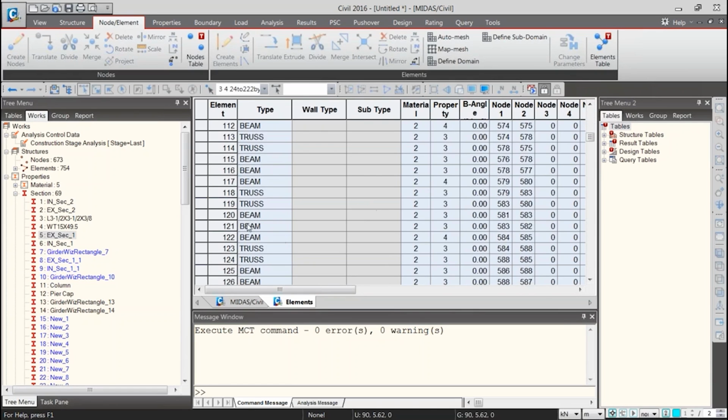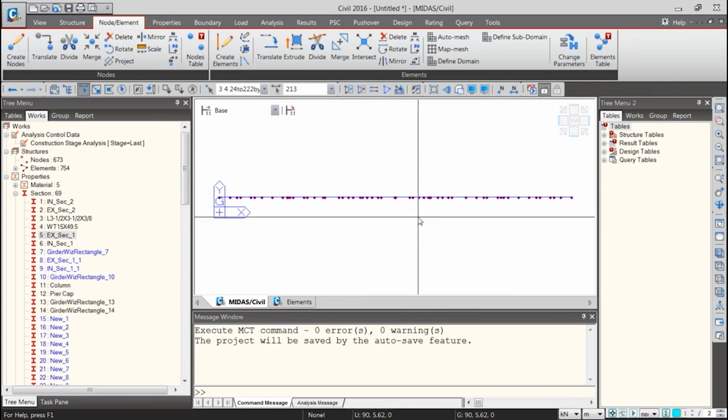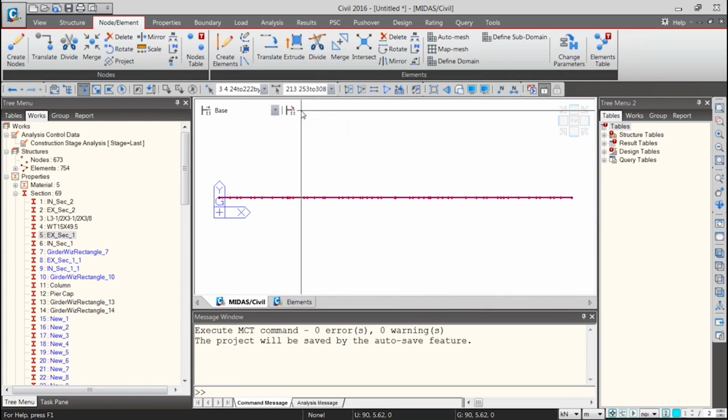Now again, the elements will be arranged in a very random manner right now because it has been directly modified by using the wizard option. So a better option will be to renumber the elements that we need to modify right now. So we'll select all these elements and go to the renumbering element option.